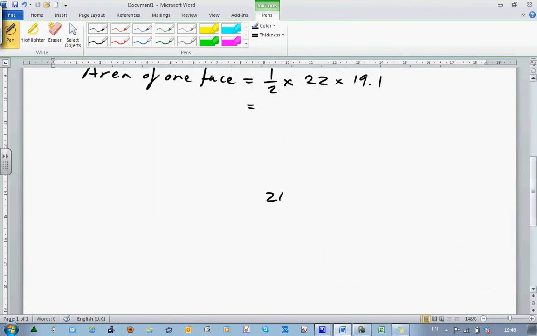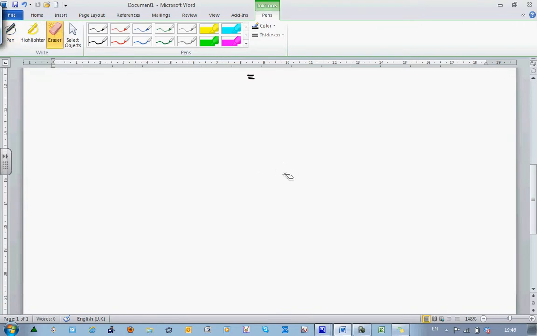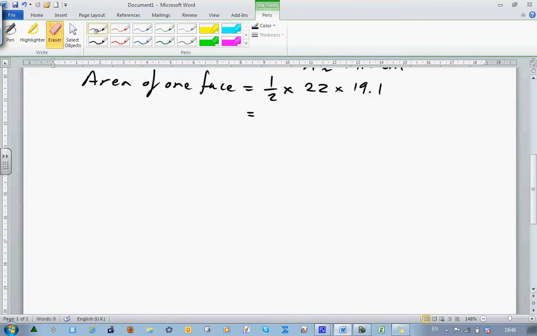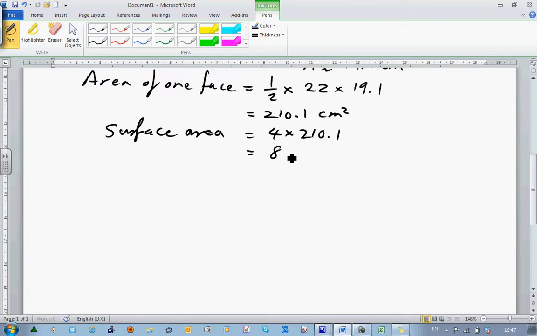210.1 square centimeters. So the surface area then equals 4 times 210.1, which is 840.4 square centimeters. Alright, and we're done. That's it. Okay, now also I'm going to ask for the volume of the tetrahedron,